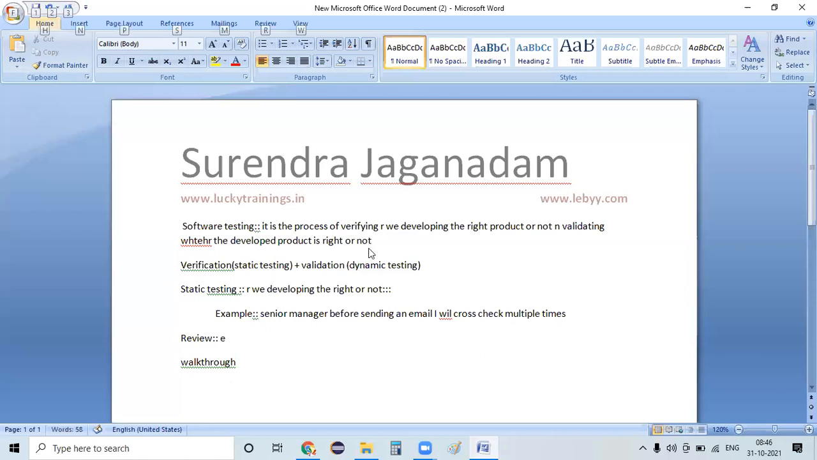Review means examining or cross-checking project related works. Whichever project related works are there, if we are cross-checking that project related work, we call it a review. And a walkthrough means once we develop the application, and assume, not exactly the developed application,